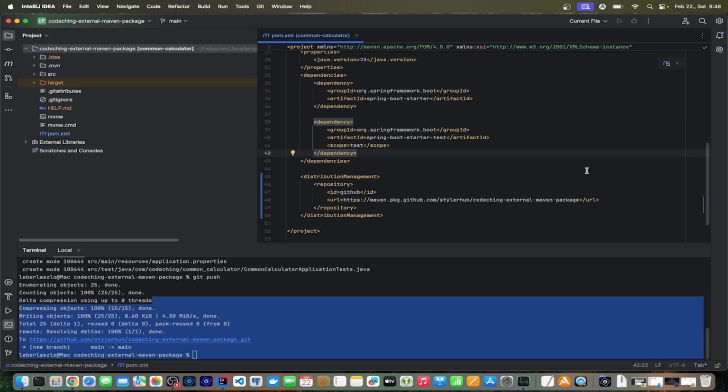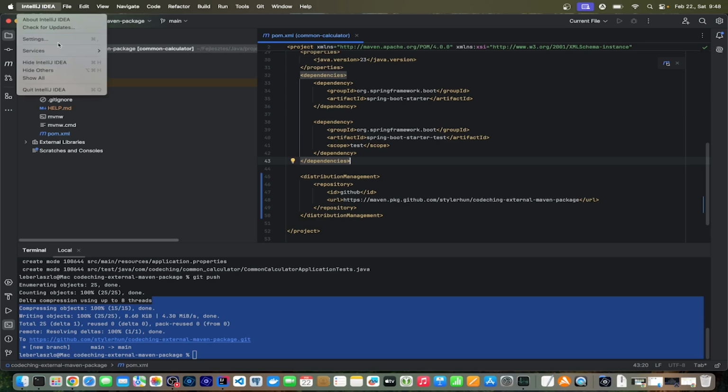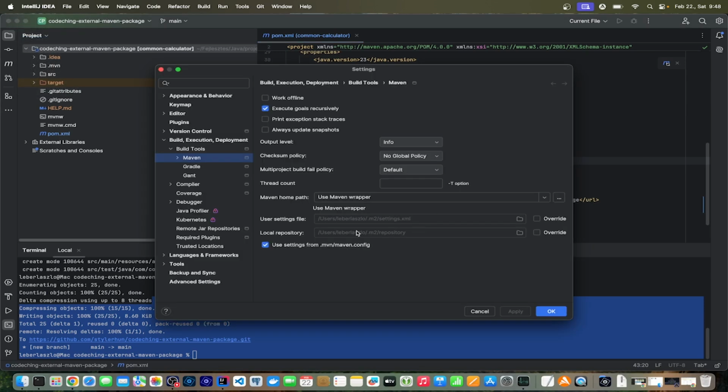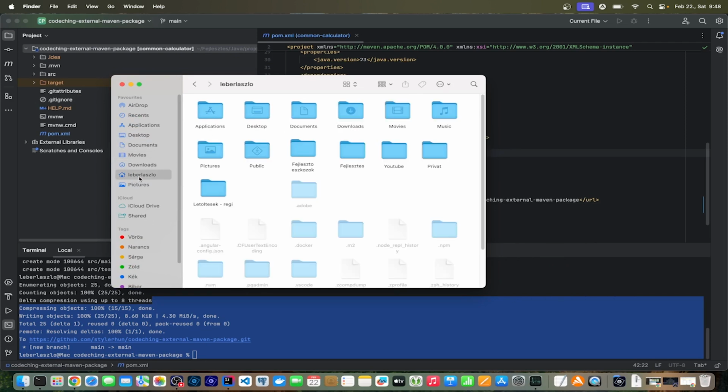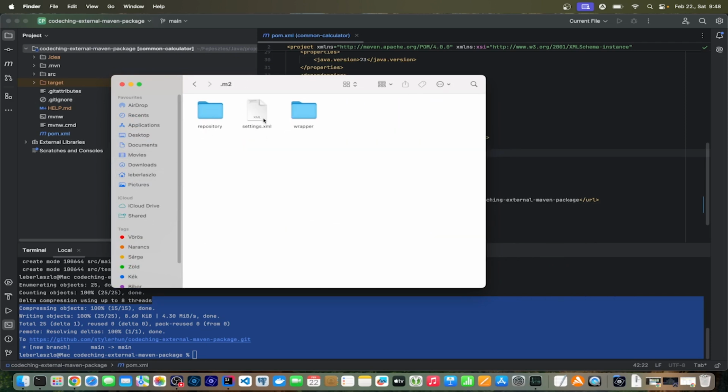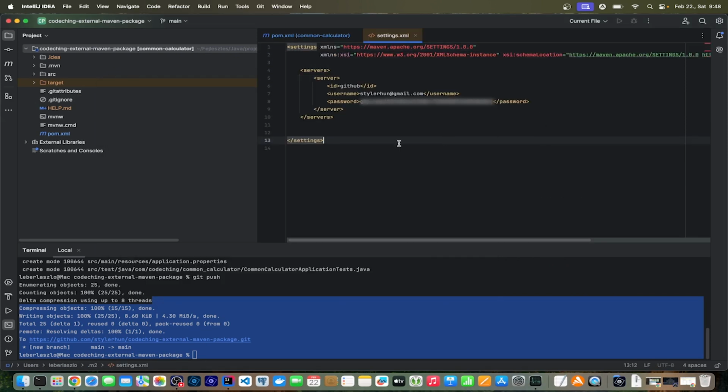The main thing is the settings XML, and if I open it, in my case, I'm overriding my settings from here. So from my main folder, .m2 settings.xml, to be able to use it. And in that file, if I go there and I'm opening it,